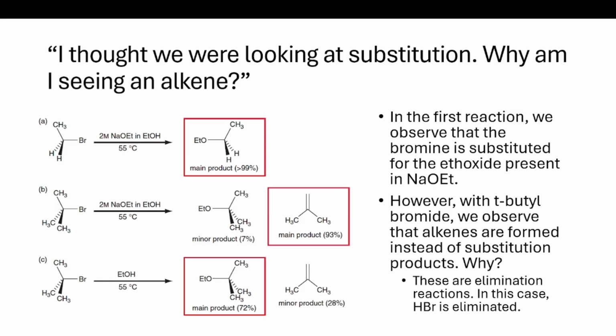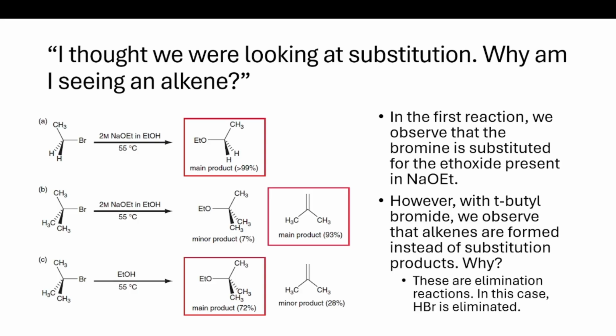So if you've already checked out chapter 11, you should know what SN1 and SN2 are. Just for a quick recap, imagine that we have some sort of tetrahedral carbon compound, right? Essentially, we can substitute a particular leaving group for some other type of substituent. And SN1 and SN2 both do it, just in different ways. SN1 first forms a carbocation, while SN2 does it all in one go,